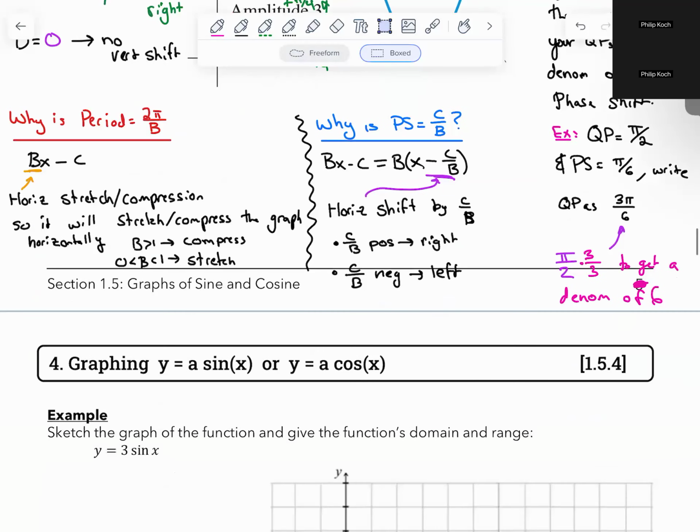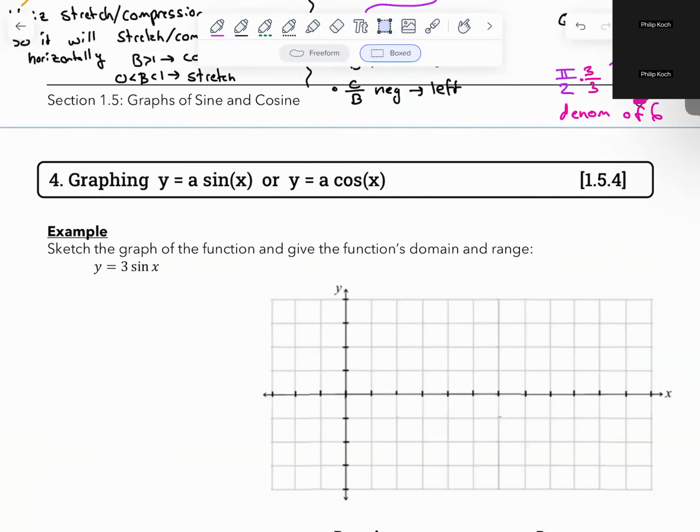We're going to go through and graph all the different setups and identify all the pieces. Looking at the time, we got 5 minutes. I think we have enough time to do just one. That's okay.